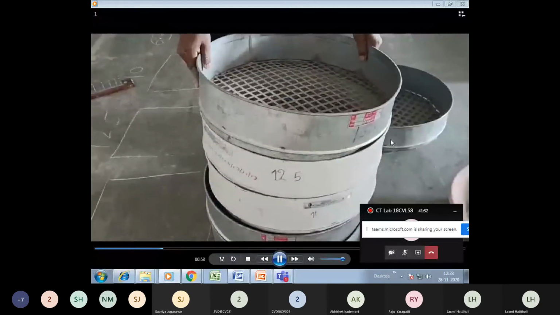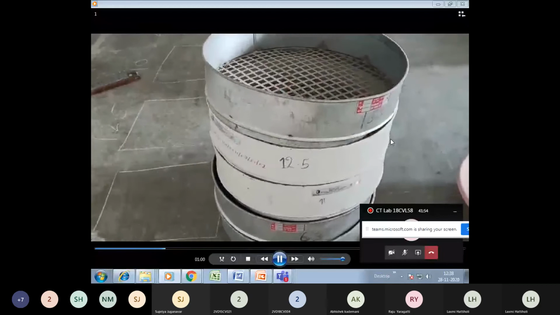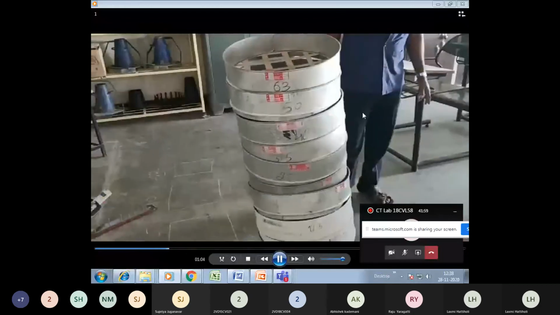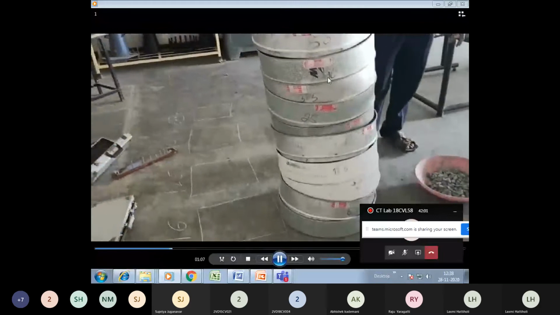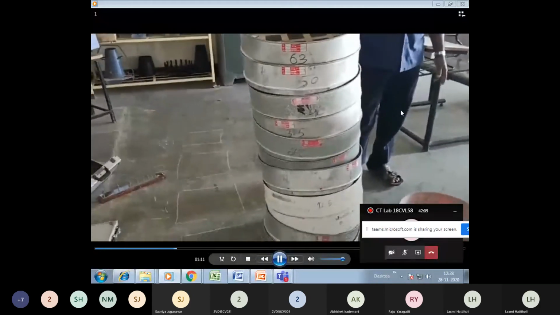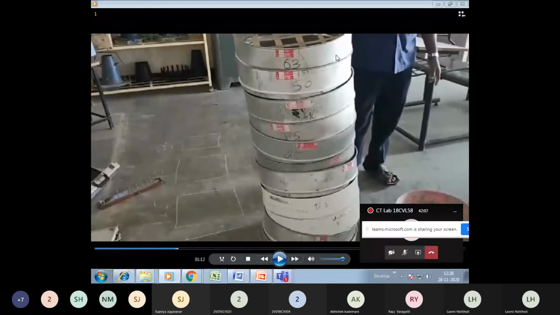Next is 16 mm, 20, 25 mm, 31.5, 50, 63 mm. So this is the set of sieves I have arranged first.